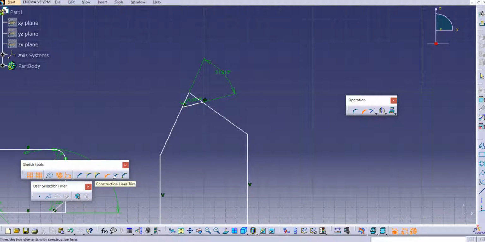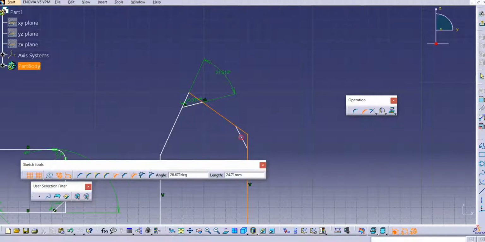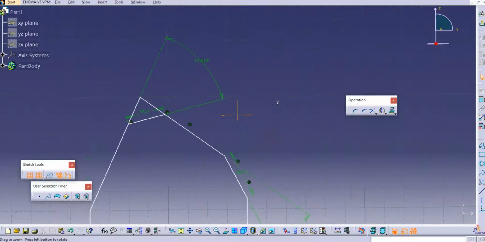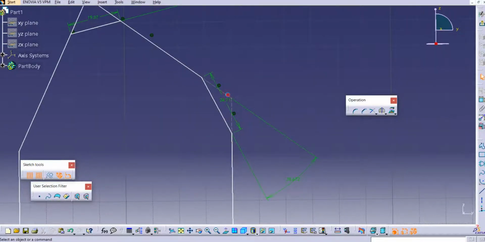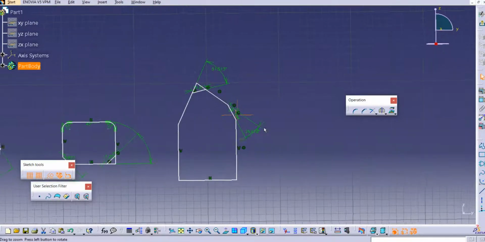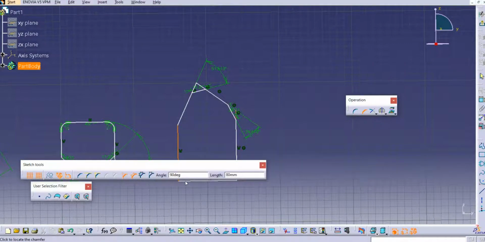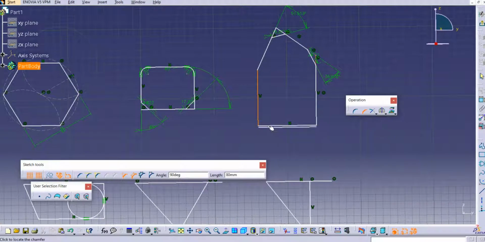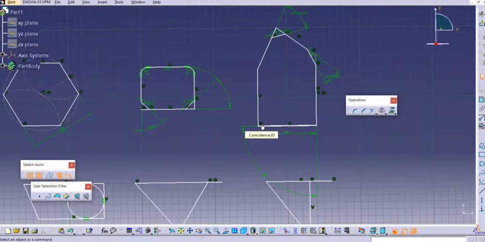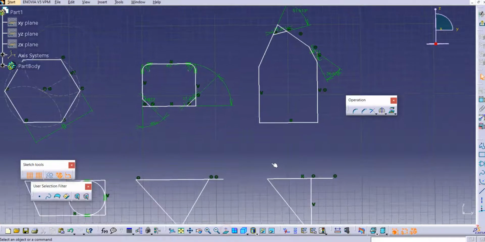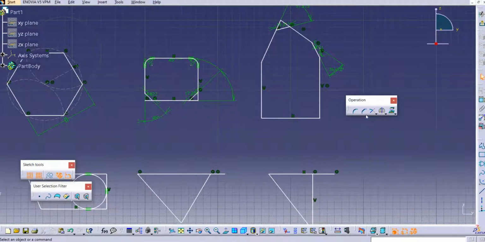The next option is construction line trim. Select the first line, select the second line, and it will create the construction lines over here. So these are the construction lines here. Again select the chamfer, and then select the last option, construction lines, no trim. Again select the first line, and then select the second line. Sorry, I'll just press Control Z, and just click on this normal plane.